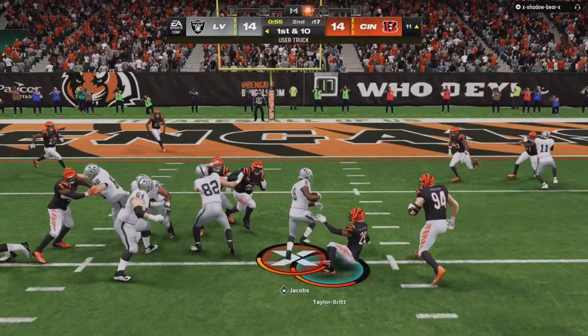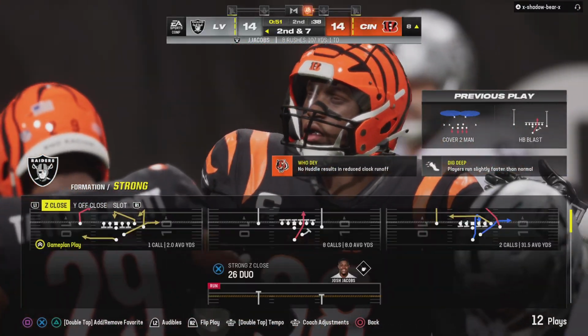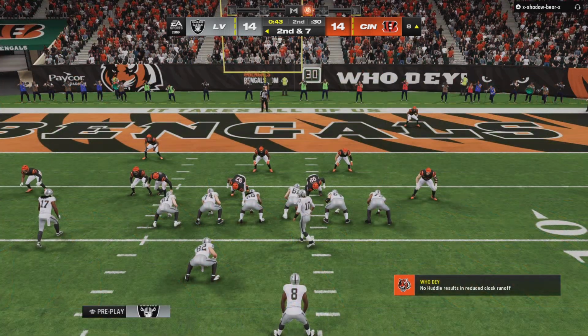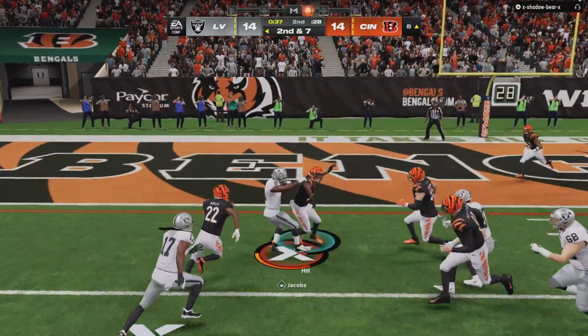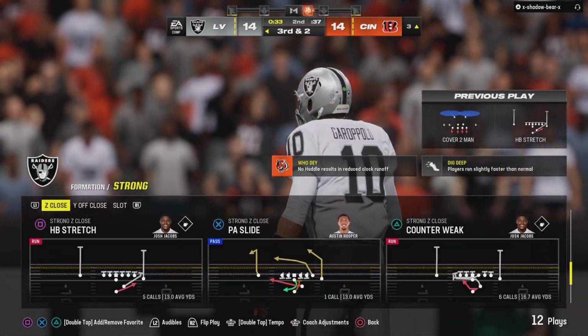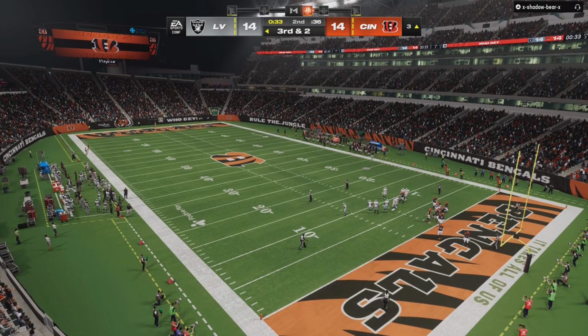Back to the running game with Jacobs. And this carry brought to an end at the 8. Good stick skills, just not much room there to operate. A gain of 3, second down. Here's a handoff to Jacobs running left. And he maneuvers his way down to the 3-yard line. Call it a gain of 5 there on the run, but they'll remain a yard or 2 short here with